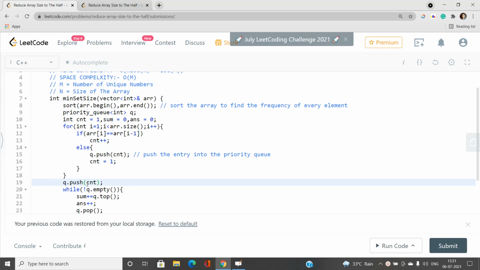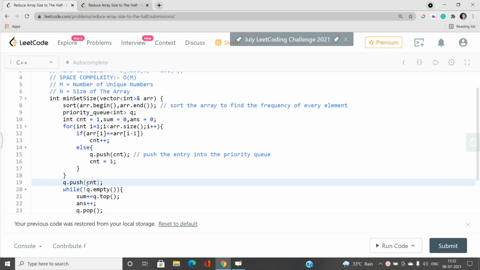The reason I'm storing the frequency is that if I introduce a particular element into my set, and its frequency is f, I need to discard f elements from my original array, that is, reduce the size of the original array by f. So by introducing just one element, I reduce the size of the original array by f, where f is the frequency of the current element being introduced.